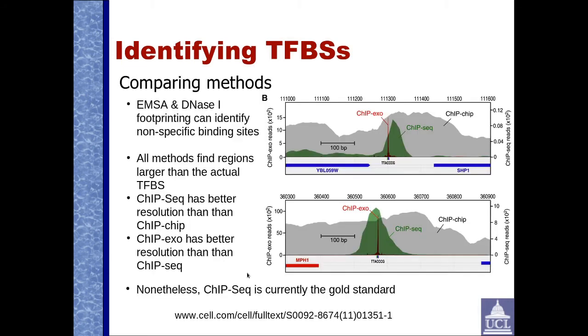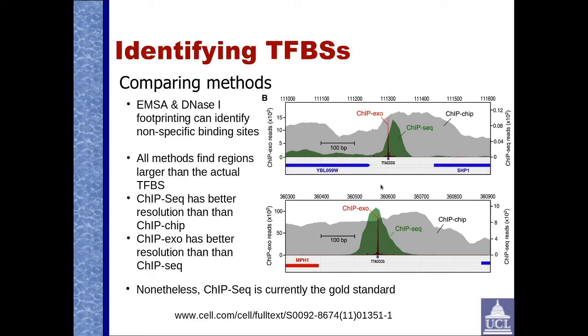So let's compare the performance of these methods. EMSA and DNase I footprinting are generally not that good. They can identify non-specific binding sites. All the methods really tend to find regions that are larger than the actual binding site, with the possible exception of ChIP-exo. Now if we look at these graphs on the right,